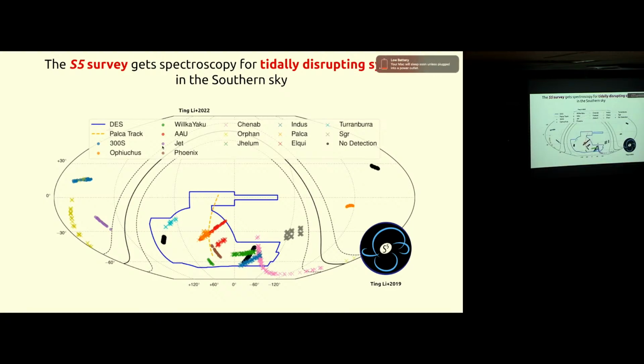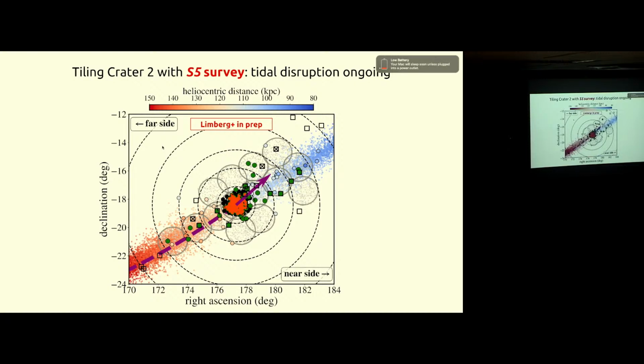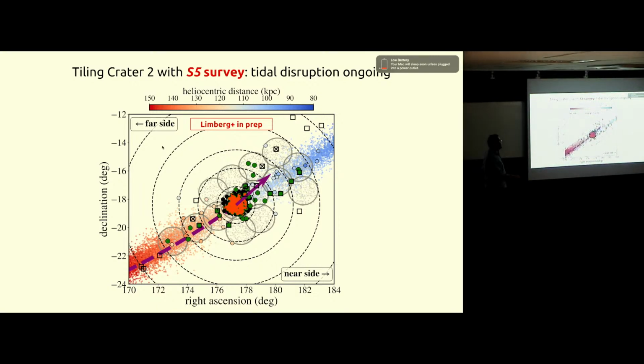My battery is going down. But basically, we do this, and we get low-resolution spectroscopy to get radial velocities and metallicities for stars in these systems. And then, this is basically the main plot, just to show basically everything. This is also a very complex plot, but I'm going to walk you through the things that matter. So this is the footprint that we have, these large circles right here. These are really humongous fields of view from this instrument, and it really is why we use this instrument, because it has this huge field of view.